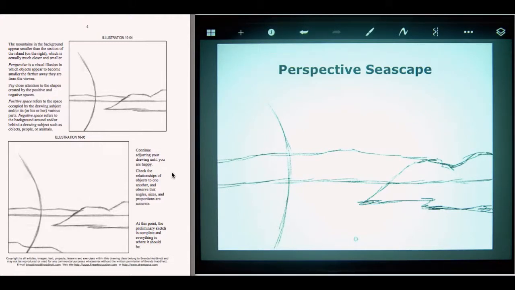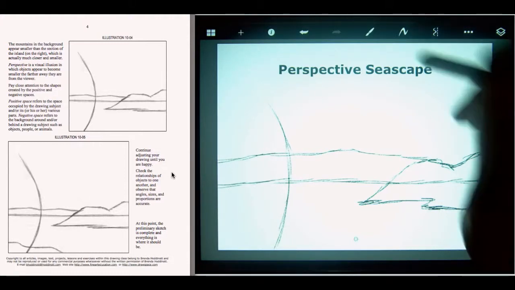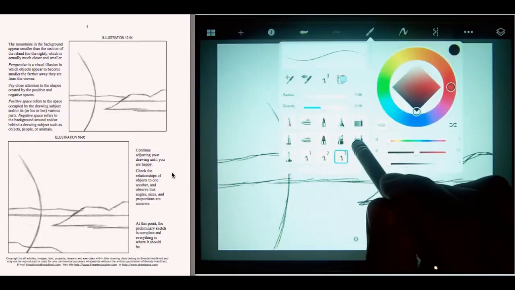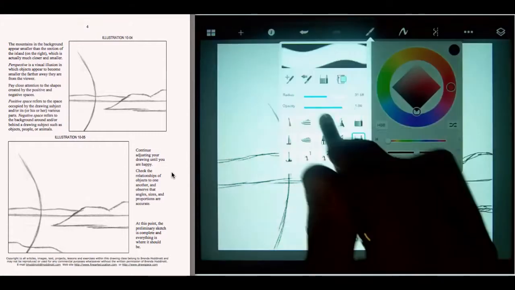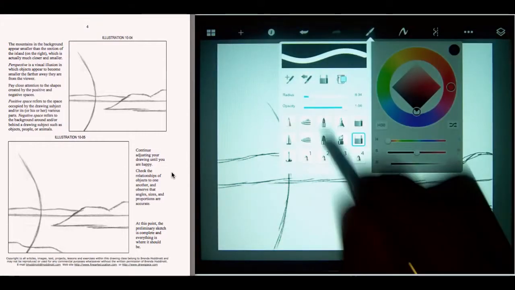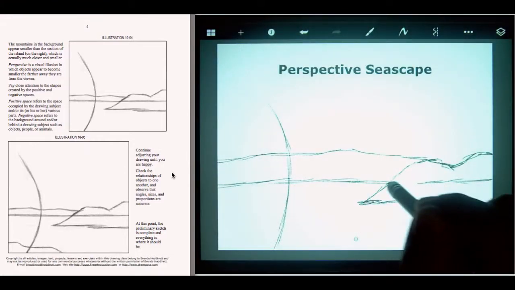You can adjust your drawing as much as you like. Use the eraser tool if you need to. I'm going to go ahead and clean that up. That's coming later, but